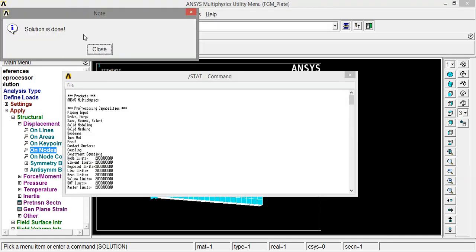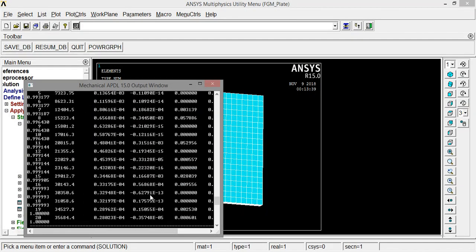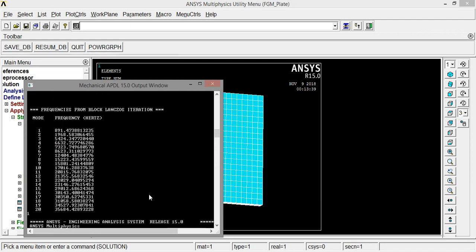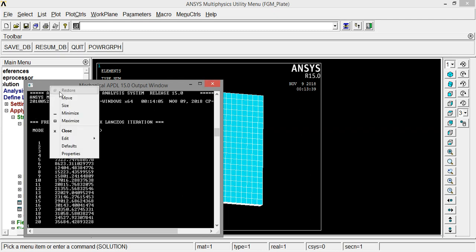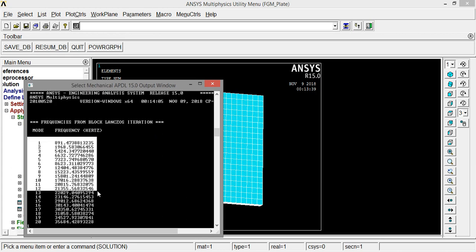So you can see that the solution is done, and you come to the background window and you can see that the natural frequencies have come, first, second up to the 20th mode. So I will copy these things